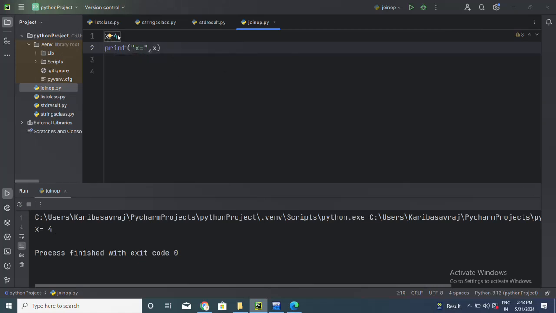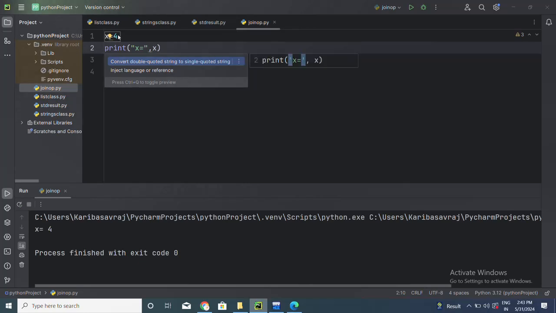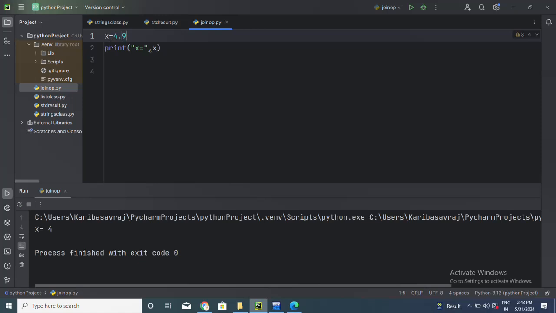So it is a constant. 4 is an integer constant. I can give float 4.9. Now it has become a float constant. I hope you understood the difference between variable and constant. Variable means the memory value changes during the execution. A constant's value doesn't change during execution. So here 4.9 is a constant.